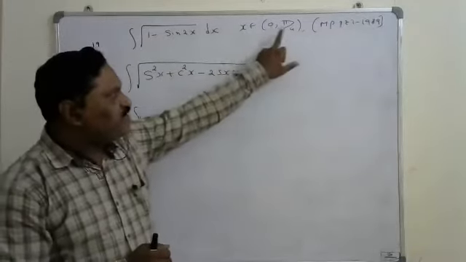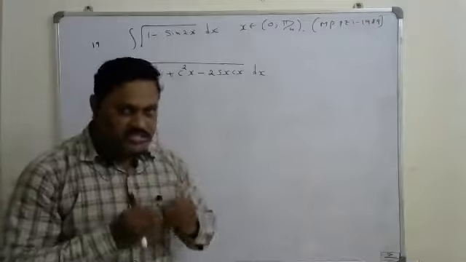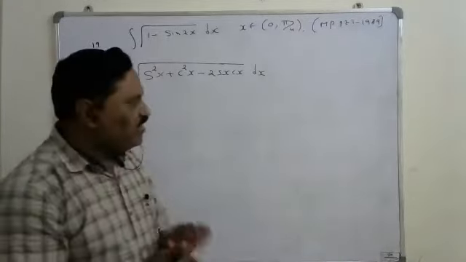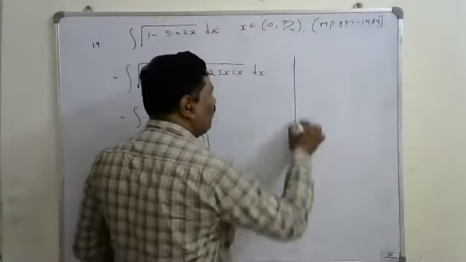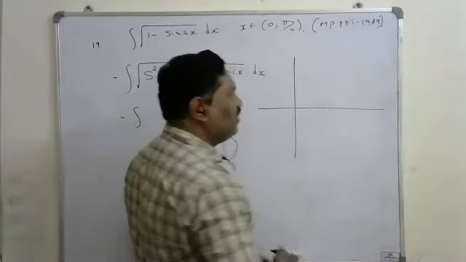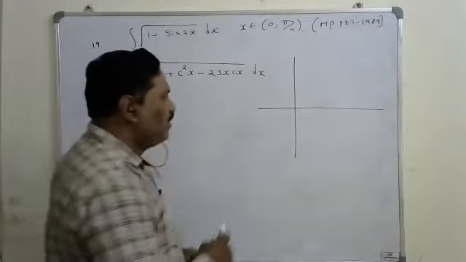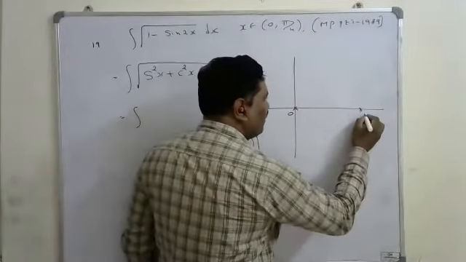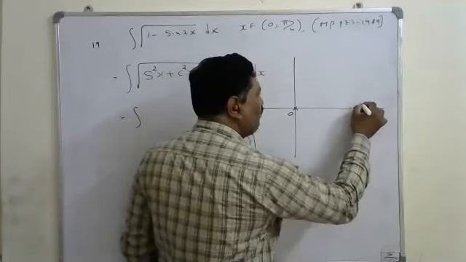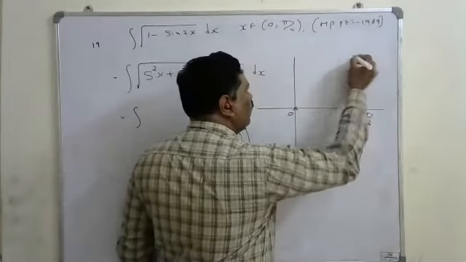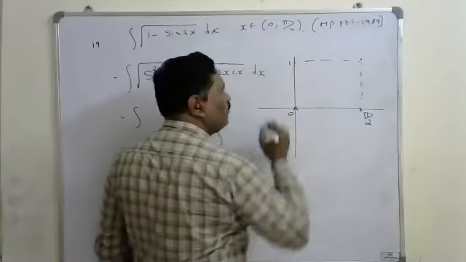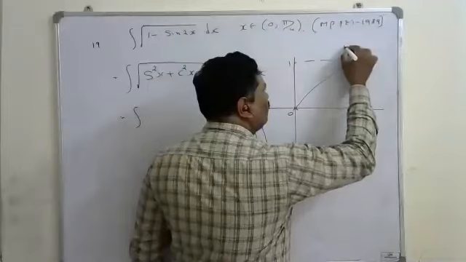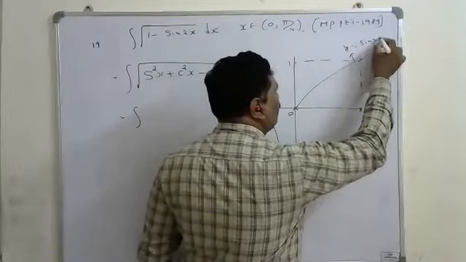They have given that x lies between 0 to pi by 4. Within this interval, which one is bigger, sin x or cos x? To find that, we will take the help of the graph of sin and cos. You have the idea about the graph of sin and cos? First I will draw the graph of sin. When x is 0, sin 0 is 0. When x is 90 degrees, sin 90 reaches the maximum value, that is 1. Sin is increasing from 0 to 1 between 0 to pi by 2. This is the y equal to sin x graph.